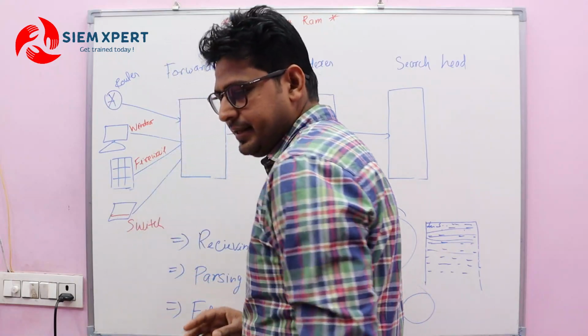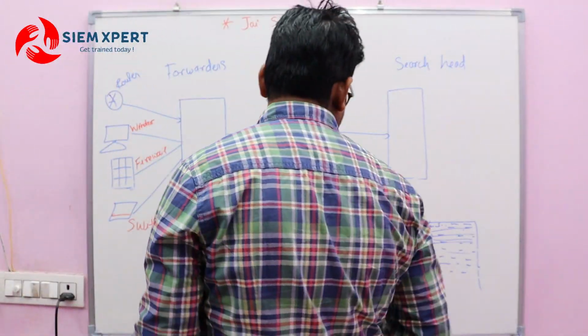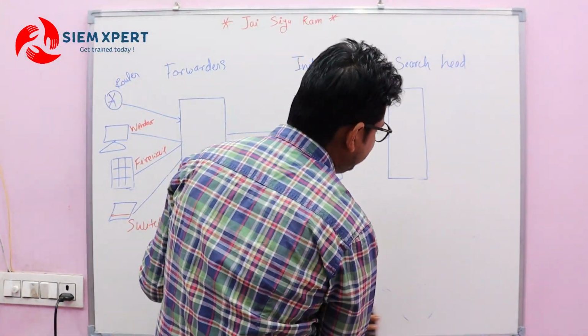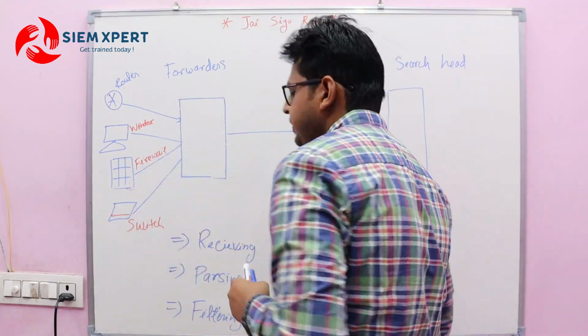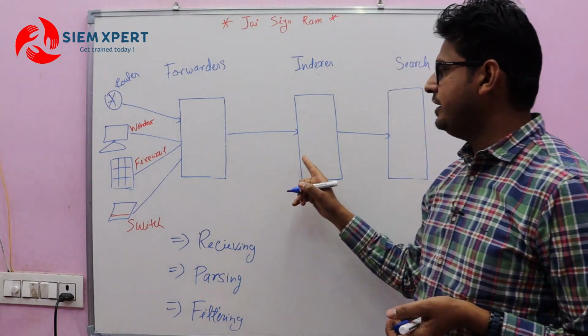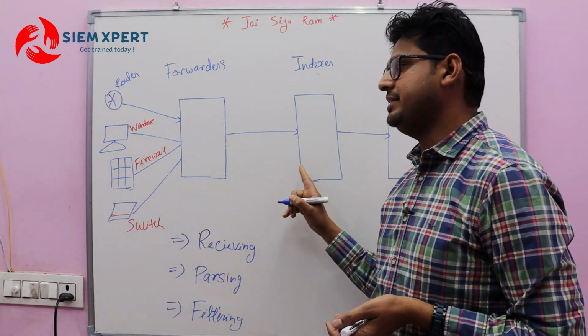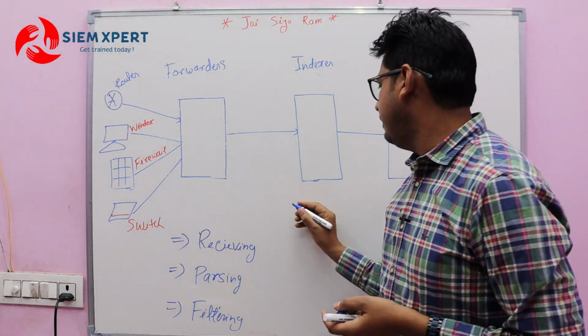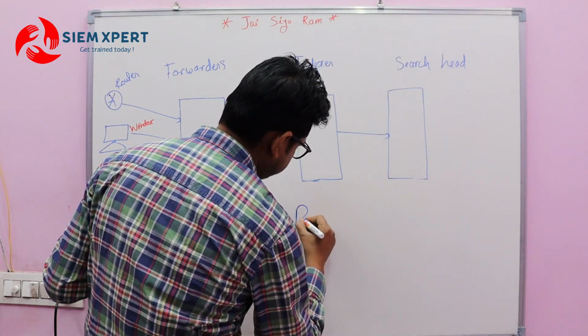Indexer now. Another component of Splunk is called the indexer. The indexer is the component of Splunk which is responsible for receiving the logs from forwarders, and it can also receive the logs from end devices directly. Right? So the indexer's work is receiving,